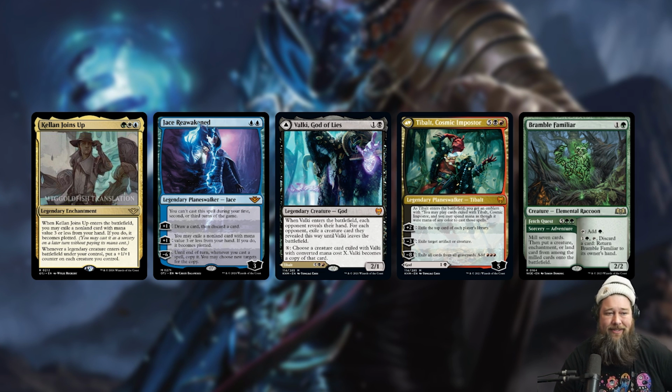This isn't quite as good, right? The difference with Kellan Joins Up compared to a 3-mana cascade spell is that suspend 1. You've got to cast the Kellan Joins Up, wait 1 turn, and then you can cast the Tibalt. So that suspend 1 does slow it down a little bit, but still